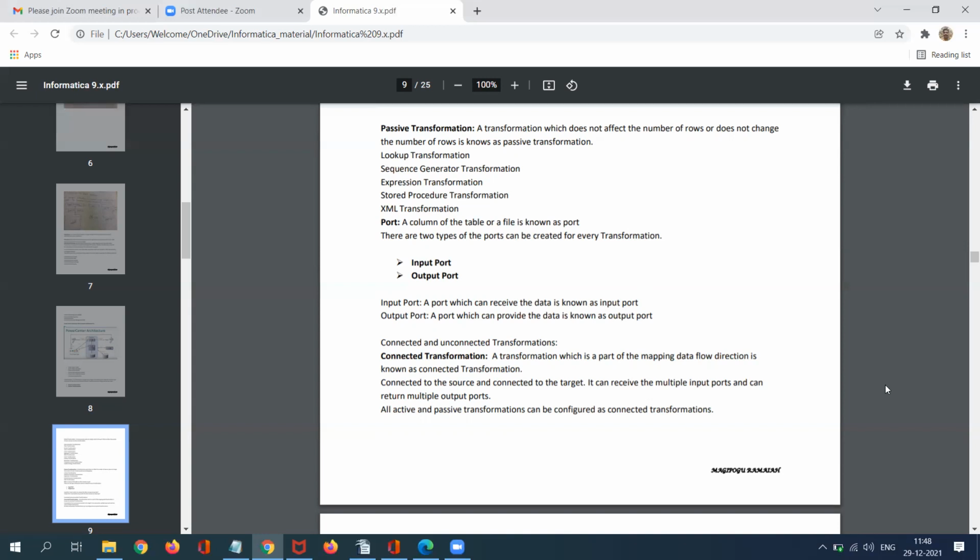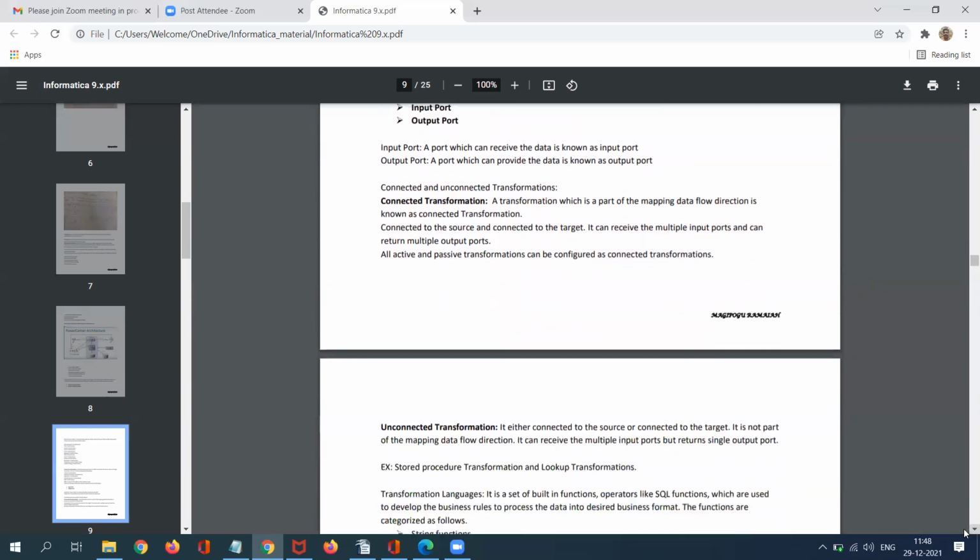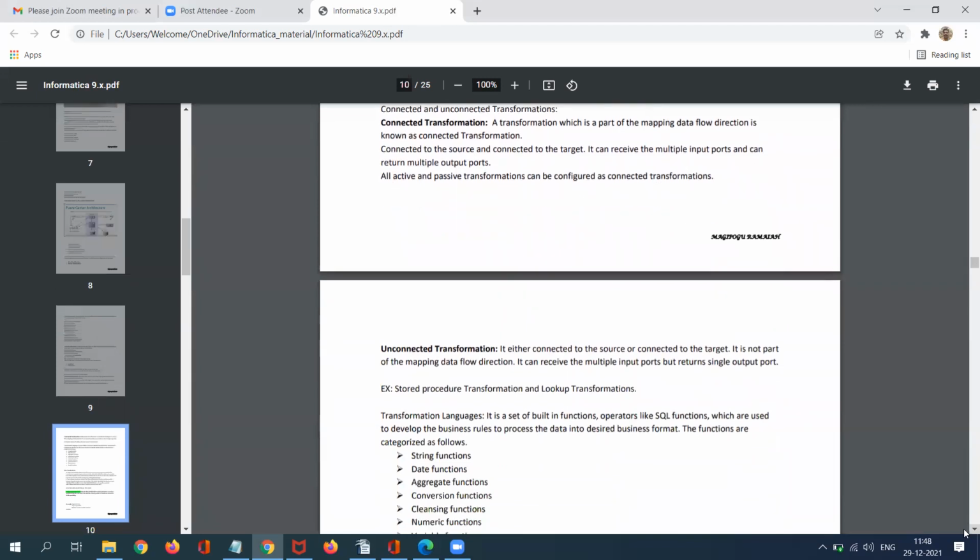Based on connectivity, we have two types: connected and unconnected transformations. A connected transformation is connected to the source, the target, or any other transformations available within the mapping. It is a transformation which is connected within the mapping data flow direction.